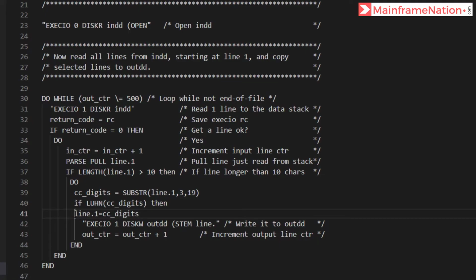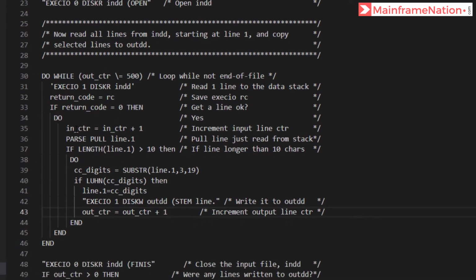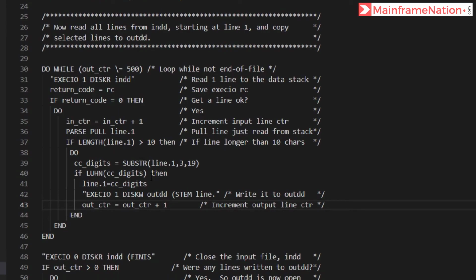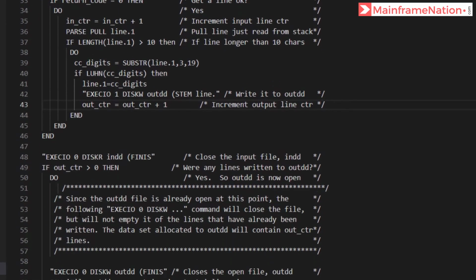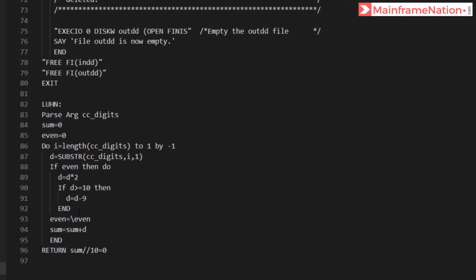Then we will write it to the output file, and also increase the counter. When this counter becomes 500, then this loop will stop. Hence we will have 500 cc digits in the output file. Rest of the code is same.